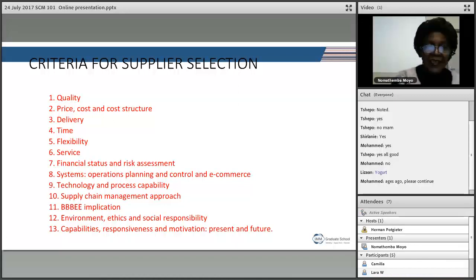We have the quality, price, cost structure, delivery, time, flexibility, service, financial status, systems. How are their systems? That is the operations planning and control and e-commerce. Technology and process capability, supply chain management approach, BBBEE implication,